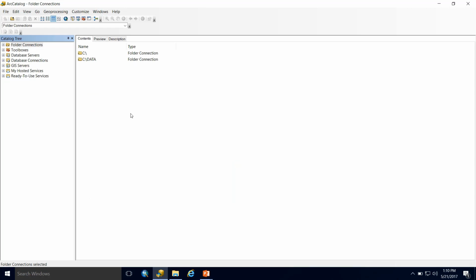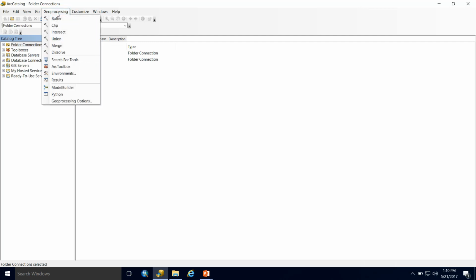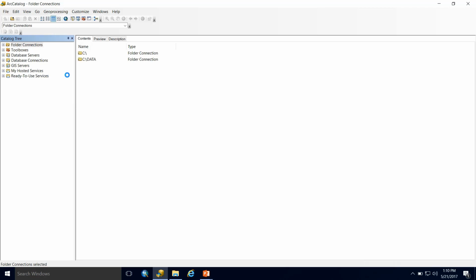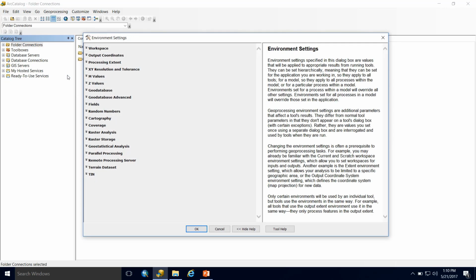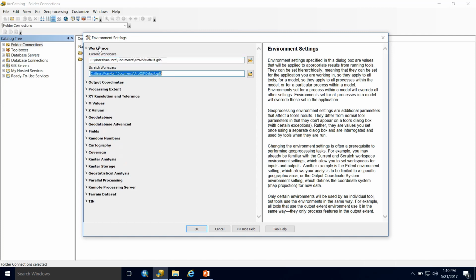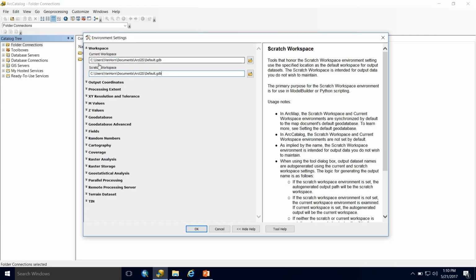Alright, so let's create our file directory for the ACPF data and make some edits in our ArcCatalog settings. So first of all, we'll head up to this Geoprocessing tab and let's go to our environments. Now we're going to go to the Workspace tab, and we want to make sure that we like where our current workspace and our scratch workspace are set.